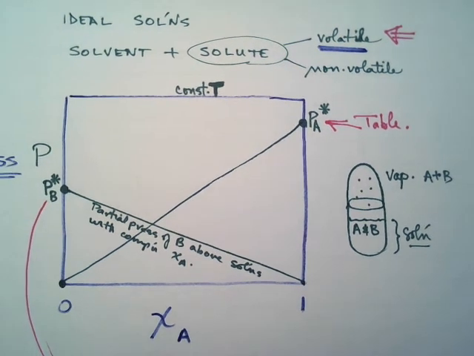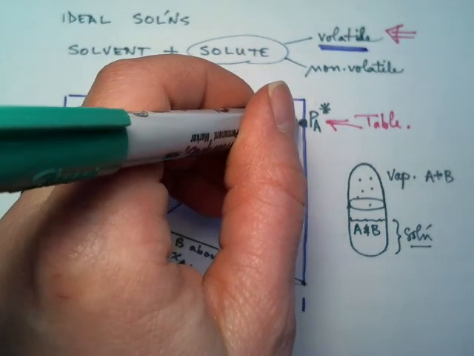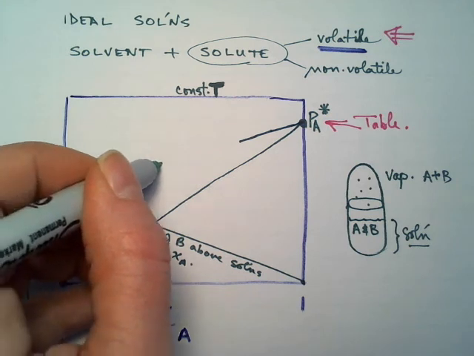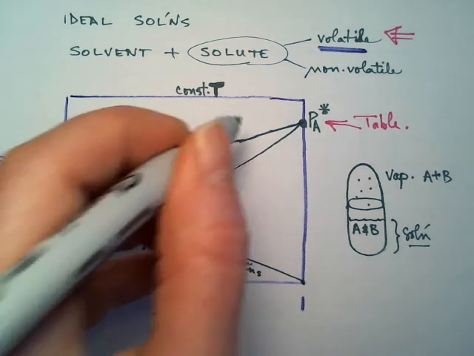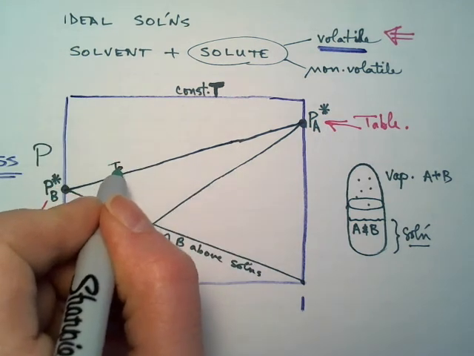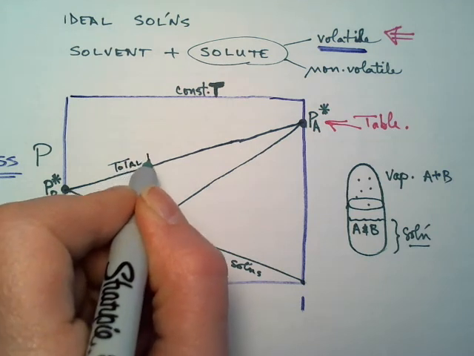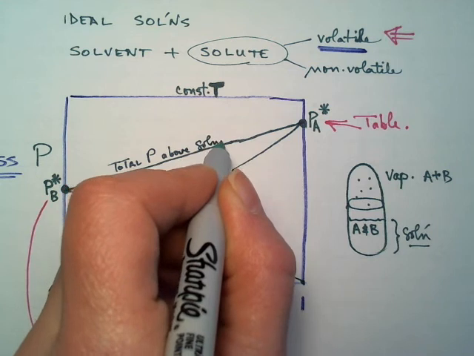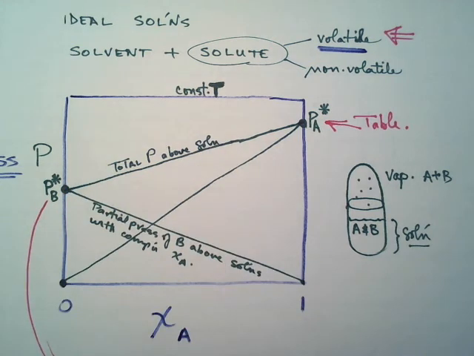And so that line, these are all the partial pressures of A above solution of these compositions, and the line that connects these two is the total pressure above solutions. And so really, this,